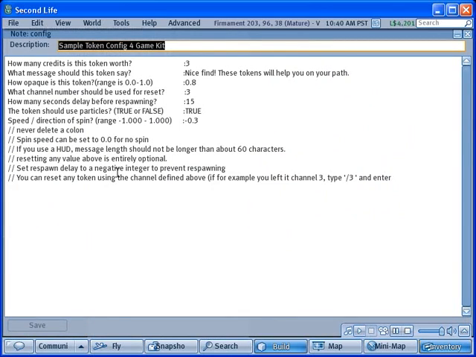Now, maybe you, for example, don't like the little particles. You can see here the line that says the token should use particles, true or false. Right now it's set to true. We'll just change that to false. Okay. Maybe you would like, rather than for it to say "nice find, these tokens will help you on your path," you'd like it to say, "wow, I wrote this myself." Okay? Once you're done, simply save the changes that you made and close the note card, and then close the